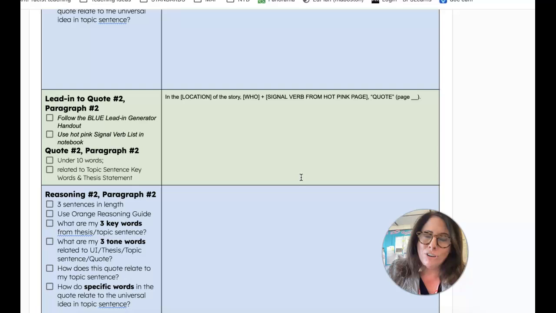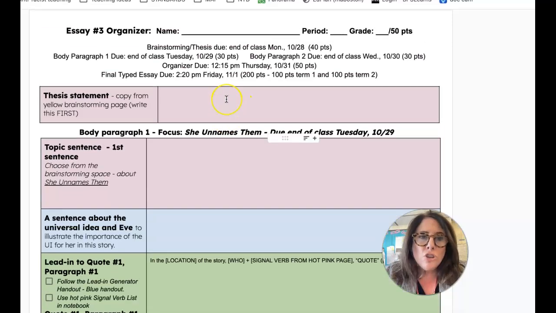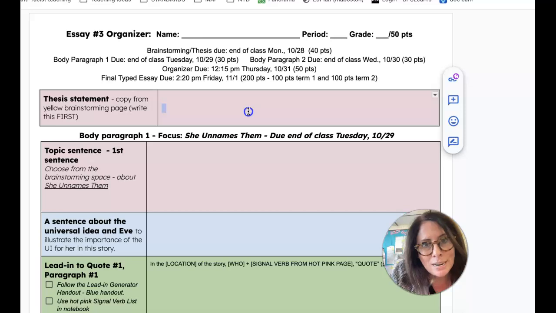Find your second quote for Hedgecote to prove how her empowerment led to something different. And then you just need a couple sentences, restate for your conclusion, your key ideas from the thesis. And then ultimately, what do these stories teach us, right? About ourselves as a society. And then you're done. And then, one thing, you want to copy every box out of this organizer